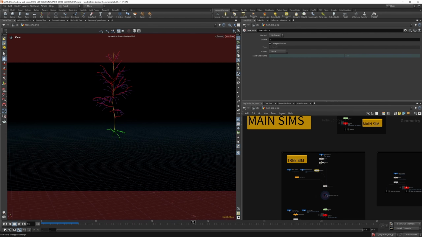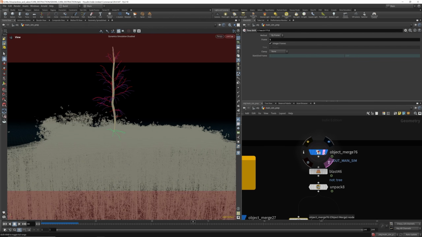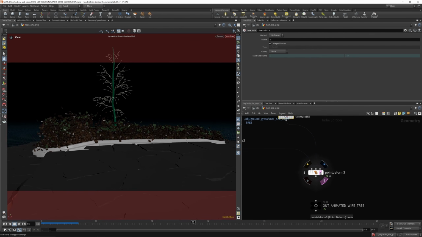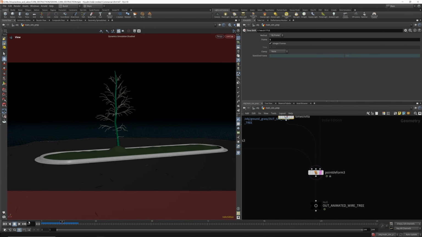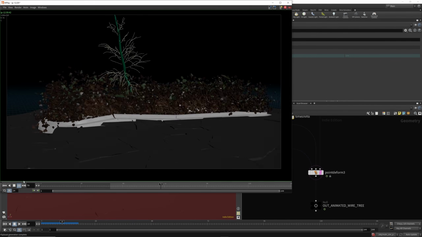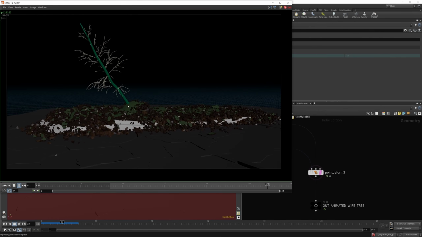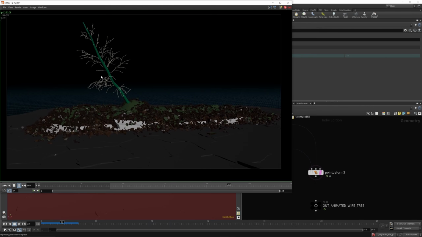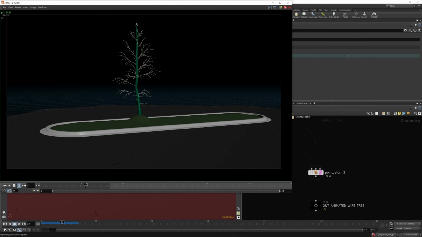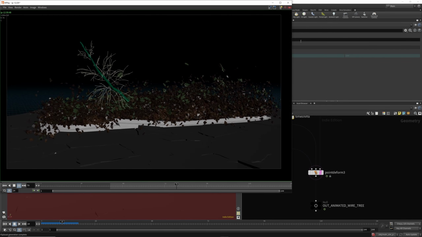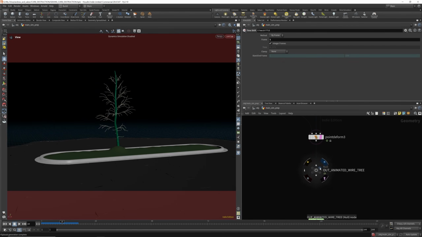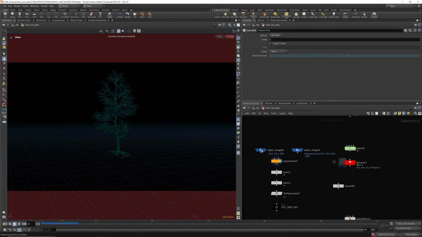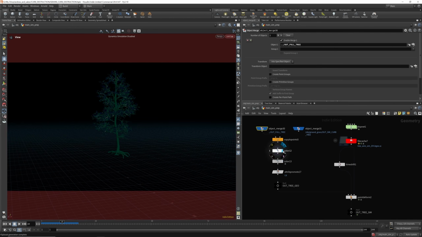So if we were to do that and then template our ground destruction, well, let's look at our ground destruction and rather template our tree. So you can see now our tree is deforming nicely with our RBD sim. But we just want to add some secondary animation to this, and for that we're going to use our wire solver setup. So from there we can just put an out tree animation, again copying our tree into place,